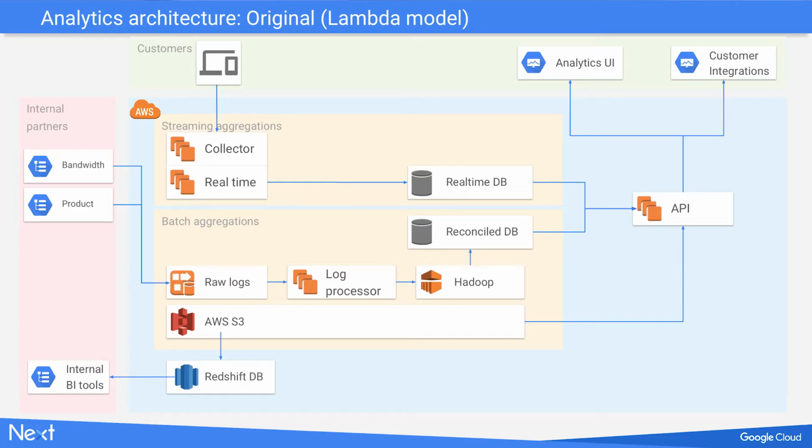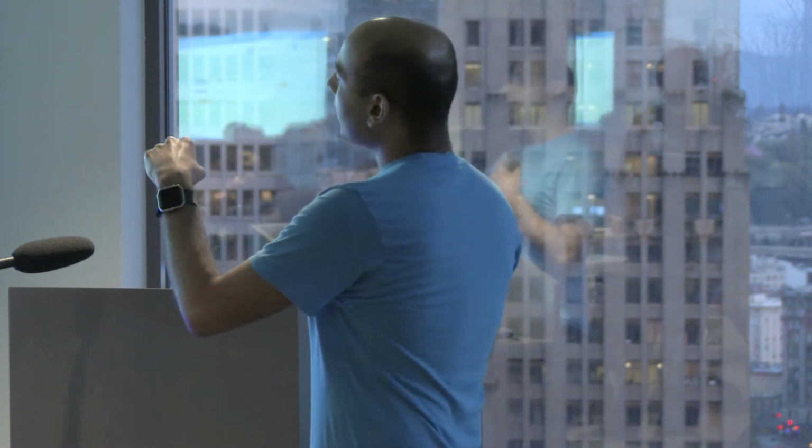And then at the end, there's an API which gets requests from a UI that we present to our customers, who want to figure out, hey, did my Walking Dead episode get all the views that I thought it should, and should I spend the $5 million producing it? And the API goes back to the database and aggregates both the reconciled view and the real-time, basically the streaming view of the data as it's coming in.